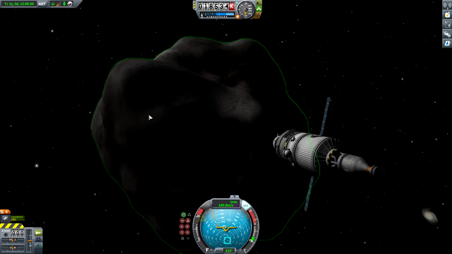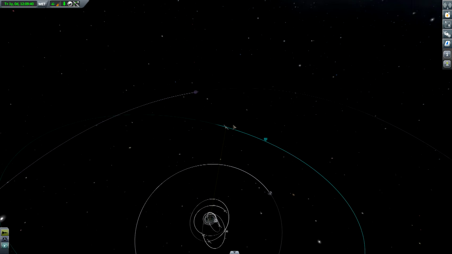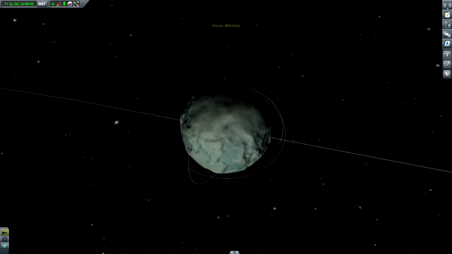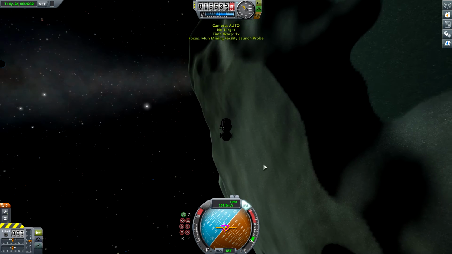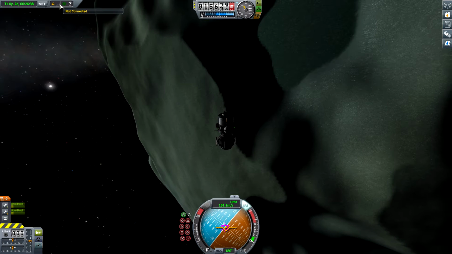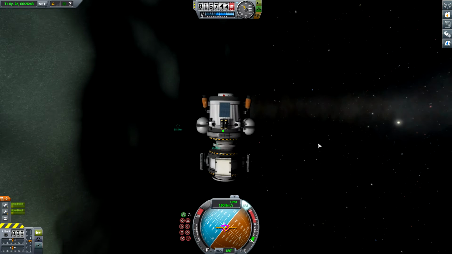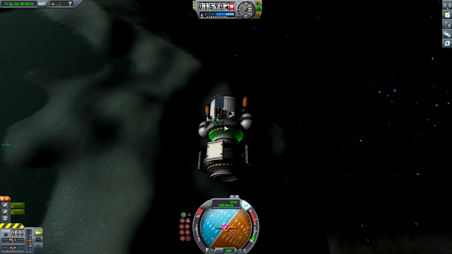North Station 1. Cool. Alright, what happens if I go over to Minmus? Yeah, let's switch to the probe that delivers the new thermal control system. What? Limited probe control, not connected, no data, no signal. Okay, why? Oh wait, maybe I need to...